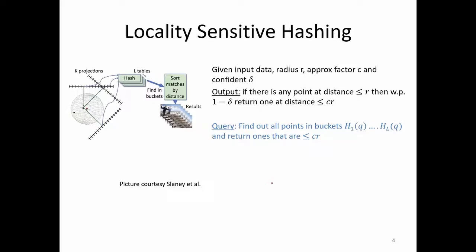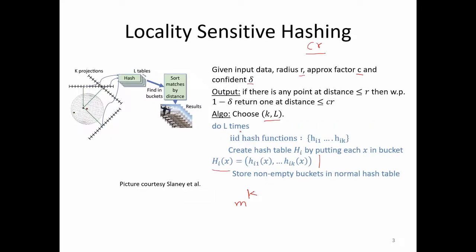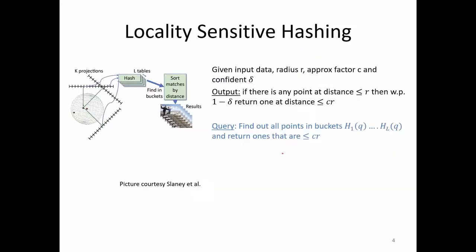Okay, so this is when you are creating the hash table. So it operates in two phases. First, you create this LSH data structure. Okay, so this is what you do when you create. So you do a single pass over the whole data set to create this LSH data structure. Okay, now at query time you want your query time to be sublinear, of course. So what do